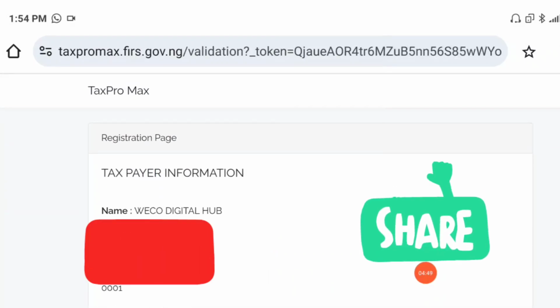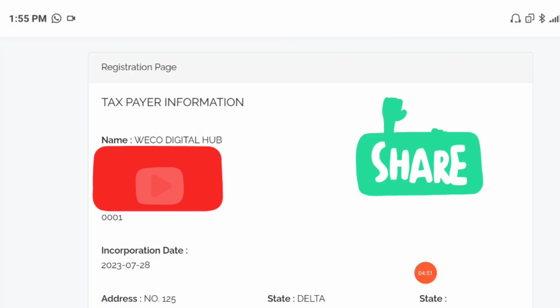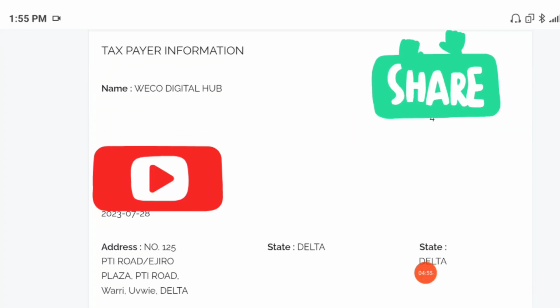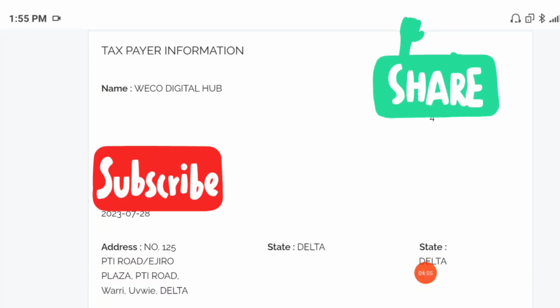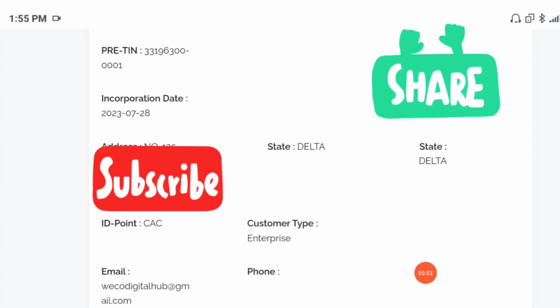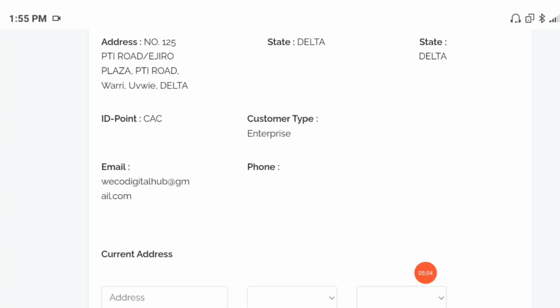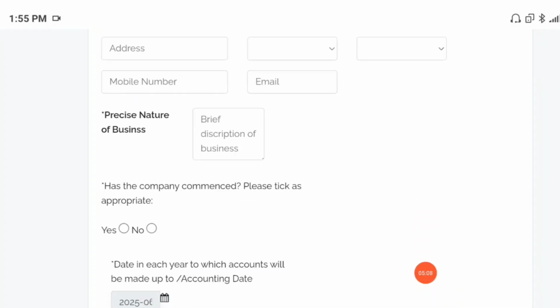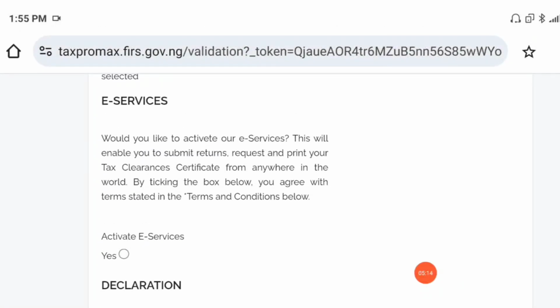Automatically it will bring you to this interface, so you can see all your details. You can see your TIN number, your FIRS TIN number. Then you can see all your address. So the next thing is you're going to fill in the other section to validate the TIN number,